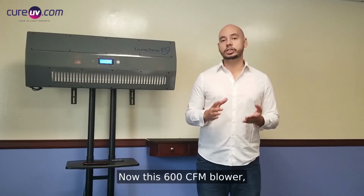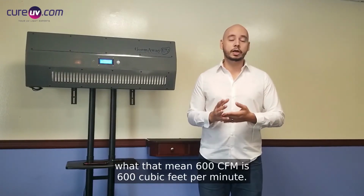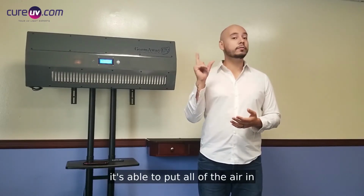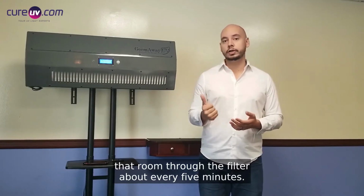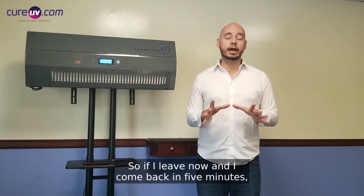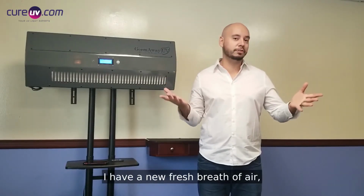Now, this 600 CFM blower, what that means, 600 CFM is 600 cubic feet per minute. So a room like the one I'm in, which is 20 by 20 by about 7.5, it's able to put all of the air in that room through the filter about every 5 minutes. That means 12 times an hour. So if I leave now and I come back in 5 minutes, I have a new, fresh breath of air,